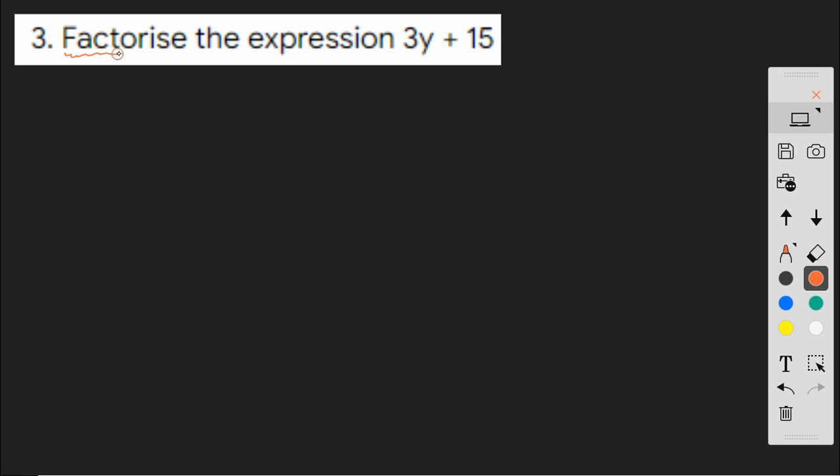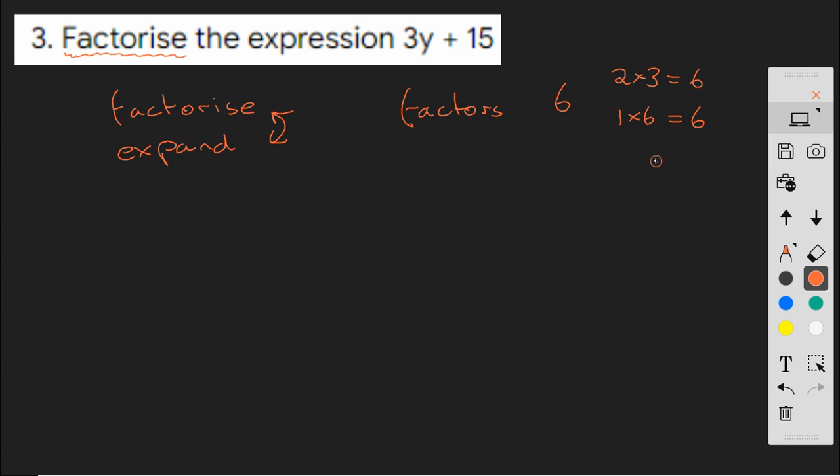Gosh, it's day 10, and this is the first time that we've had a factorise question. Now we've got two instructions that come together in our algebra. One is to factorise and one is to expand. And these are reverse processes of one another. Okay, so think about factorise. This is about breaking something into its factors. So the factors of 6 are 2 times 3, 1 times 6,